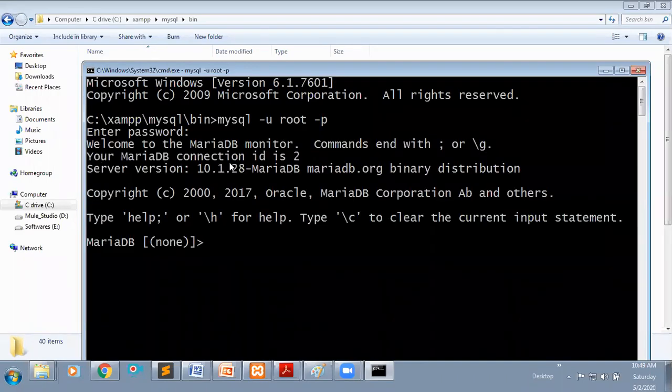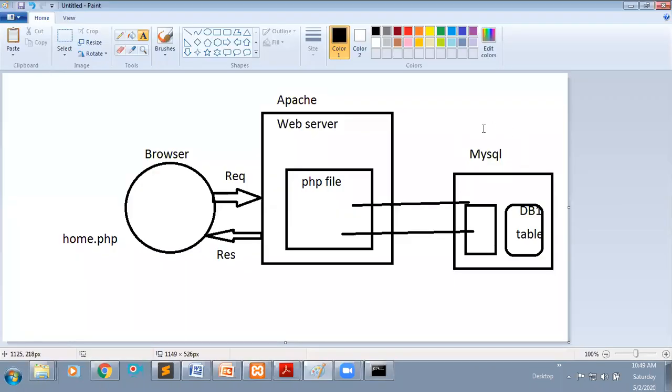Now you can see you have entered into your server location. Within your MySQL server, I have entered my server location. Within MySQL you can see in this diagram, this is the server. Within that server, you have many databases: DB1, DB2, DB3, like that. There are many databases which the server consists of.